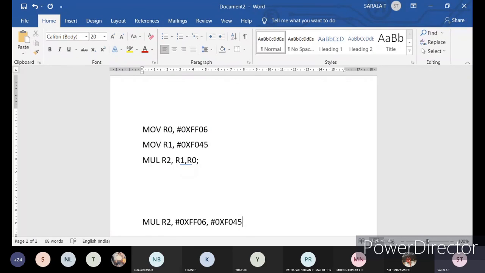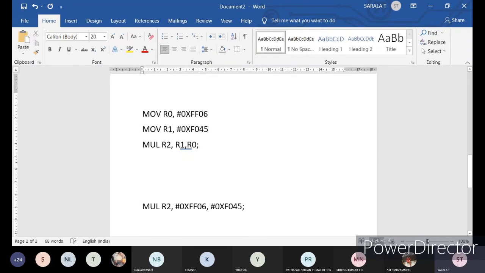This is also okay. Any type of programming is okay. If you know the proper functioning of each and every instruction, then only you can do this type of function. Understood? Yes, ma'am.